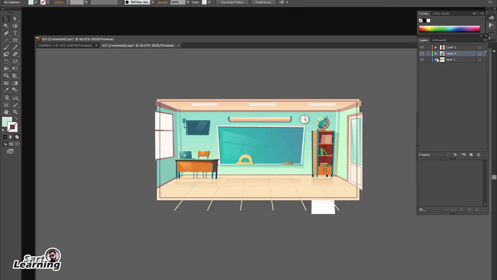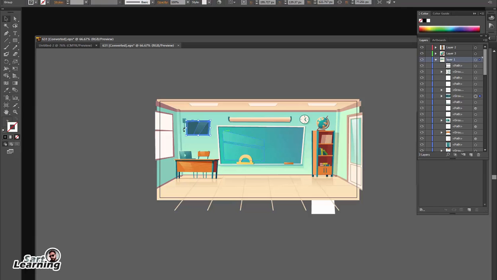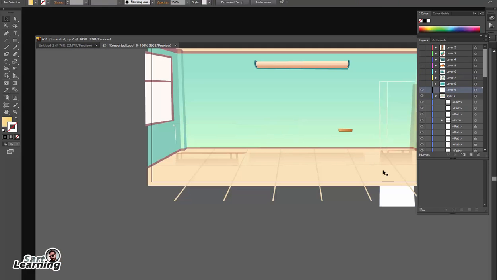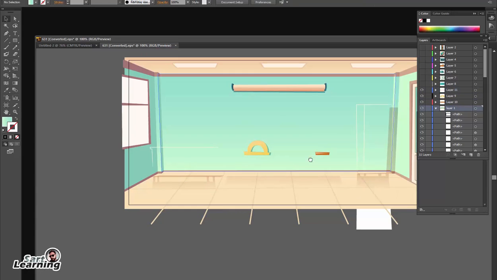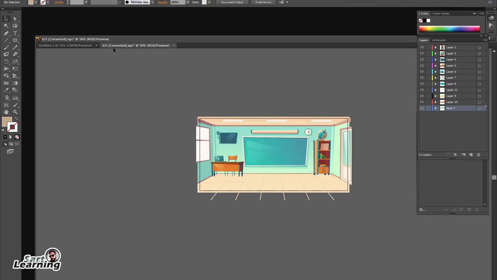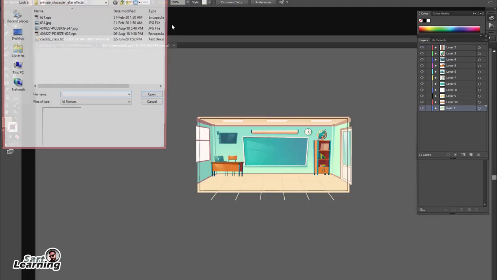Select the objects one by one to expand the base layer. Select the object, copy it, and press Ctrl F on a new layer, so it is placed in the same place where you copied it. So one by one, select all the shapes and objects which you are going to animate in After Effects. This is a very easy process to create motion graphics and a small infographic in After Effects.